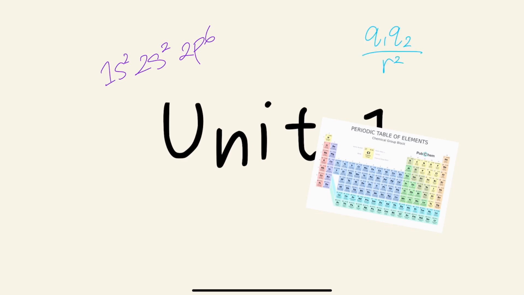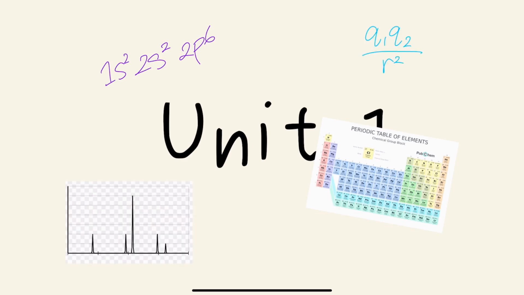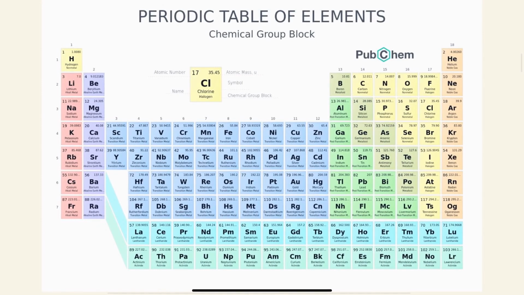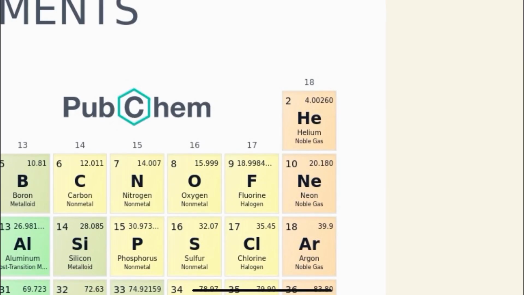key rule called Coulomb's law, photoelectron spectroscopy, atomic structures, periodic trends, and mole-related ratios. So let's dive into the periodic table. I got this from PubChem. And if you've ever had an introductory chemistry class, you know the basic components of each element square in a periodic table. The top number tells you the number of protons in the element, so we know that helium has